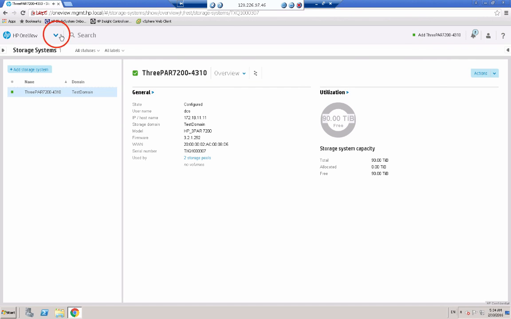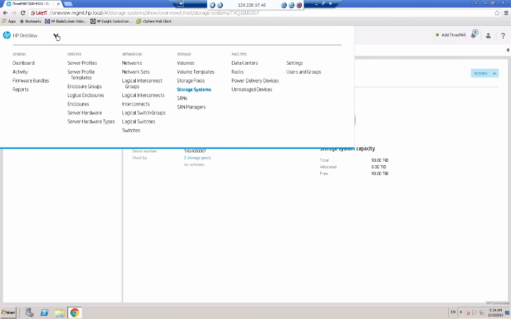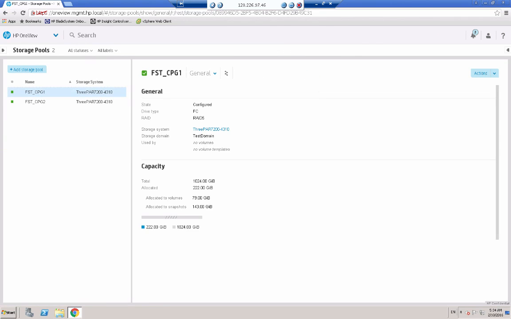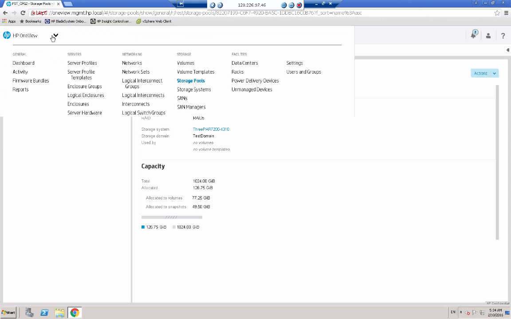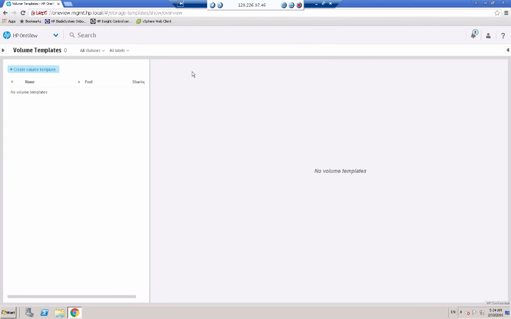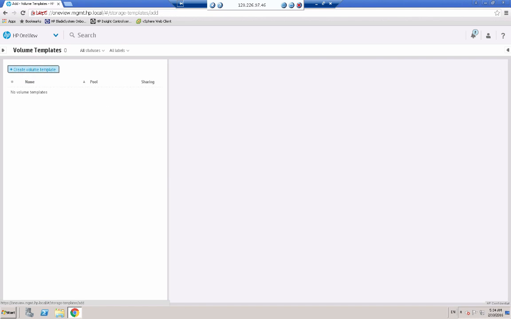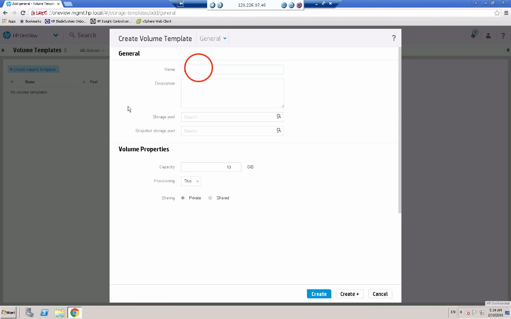So let's now go to the main menu again and select storage pools. And there are the two pools that we just added, FST CPG1 and FST CPG2. Now let's go to the main menu and volume templates. I don't have any templates at the moment, so I'm going to click create volume template and I'm going to